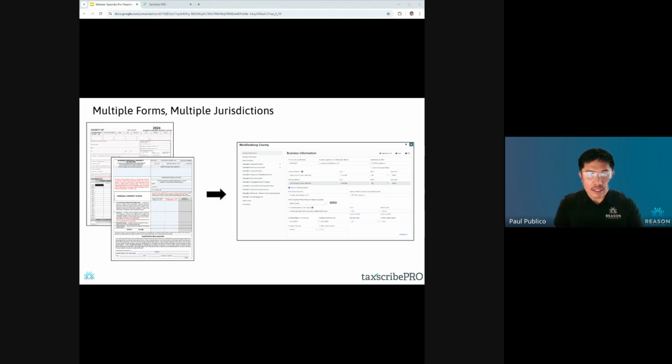The interface itself is very intuitive. It walks you through filling out the form itself. You can easily navigate it wherever you need to go. And it's very intuitive in terms of what you need to fill out. I'm not going to sit here and tell you guys what you're doing. Most of you are tax professionals on here, so you're very familiar with what you need to put